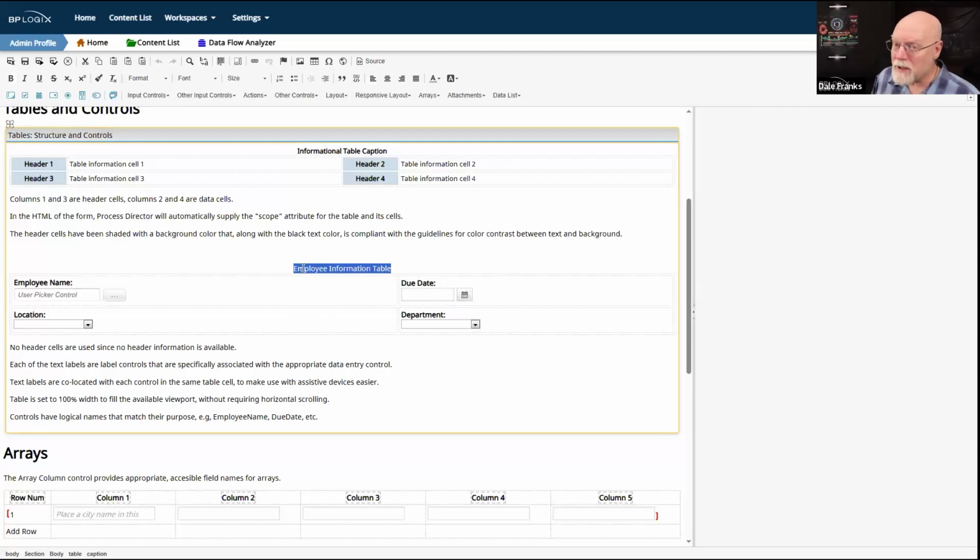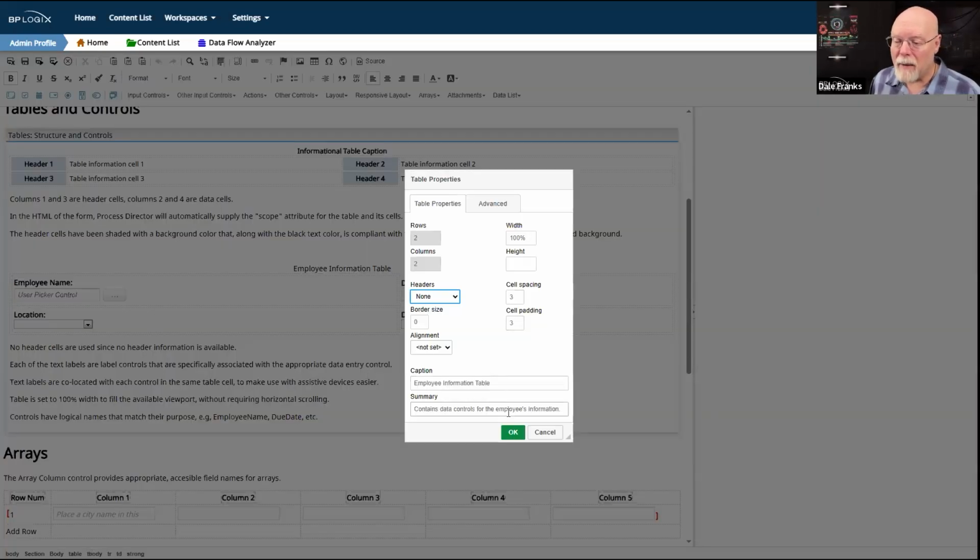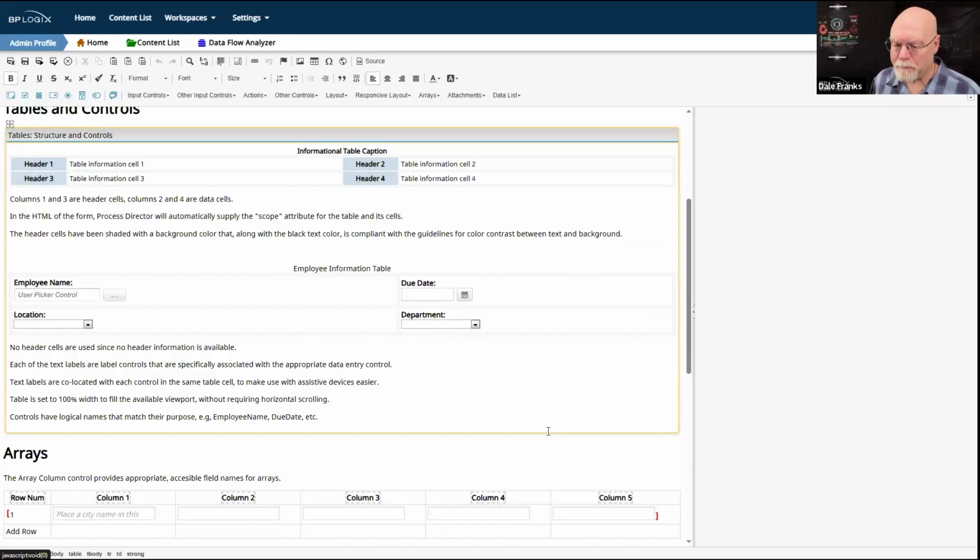The summary is not a bad idea, however, even if you think the caption, as a matter of visual display, is something that you don't want. It'd be good to have the summary in there anyway on your table, just so that you can have it set properly.